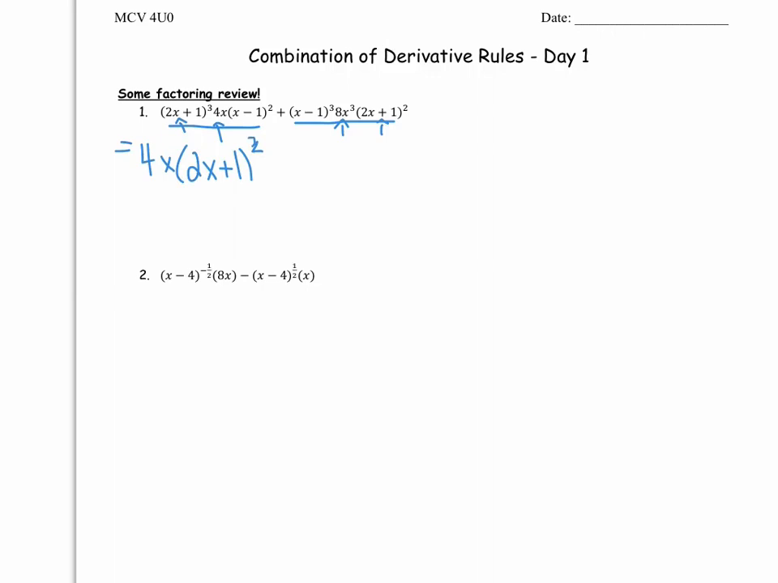And finally, let's look at the last piece. Sorry, that's a 2. And we have an x minus 1 squared over here, and we have an x minus 1 cubed over here. So obviously x minus 1 squared is what we're going to pull out. And now when we work on what's left over,